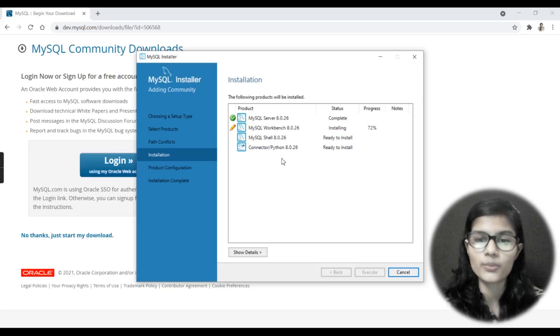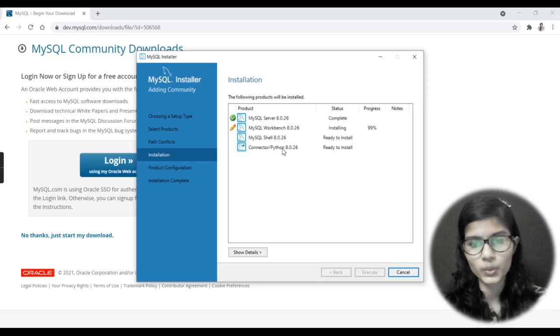We had seen many more options at that particular place, right? We had seen that we were having server, we were having Workbench, shell, we were having different connectors, like they were for the C++ or J or Net, whatever they were having, right? So further we'll be discussing the connector, how to connect the MySQL databases with the Python. So in that case I just used this connector for the Python, so I'm just installing that right here. If you do not want, then it's not compulsory that you do it right now. You could just do that particular thing afterwards as well, whenever you are going to need it.